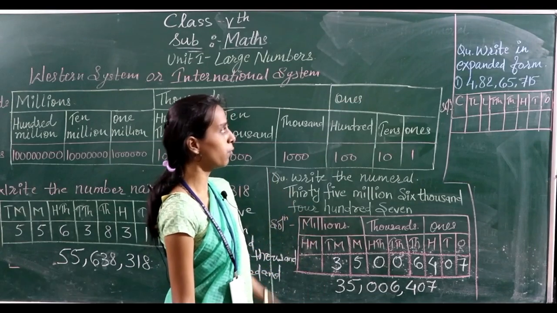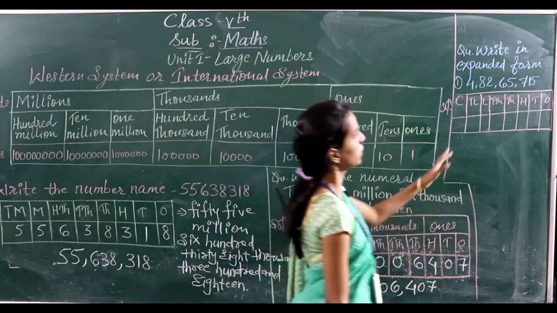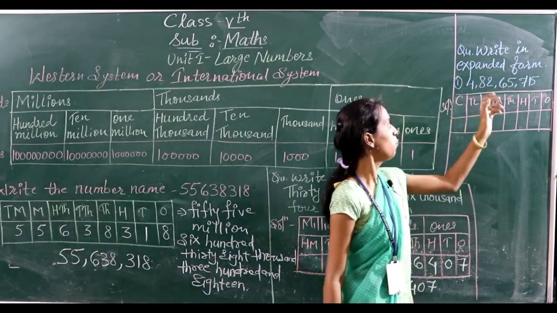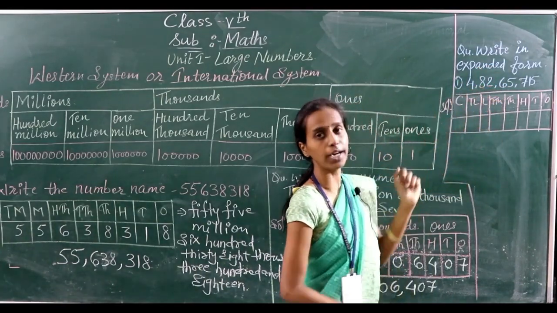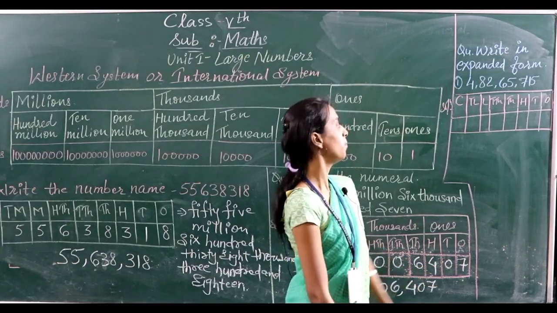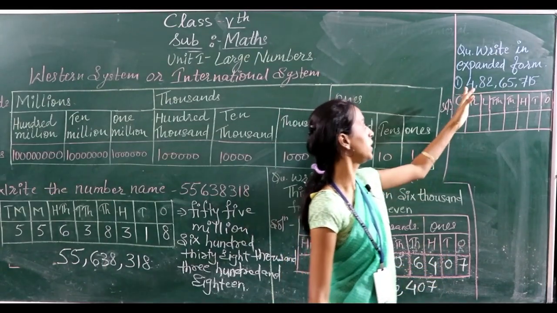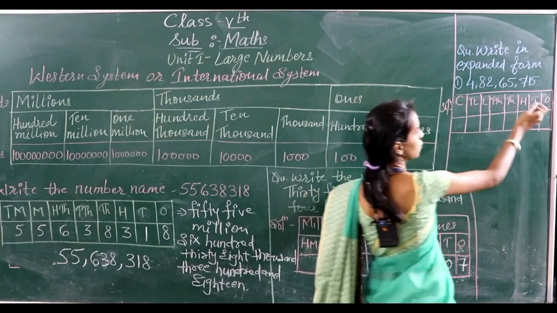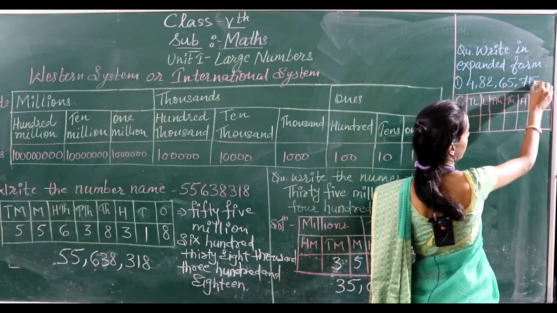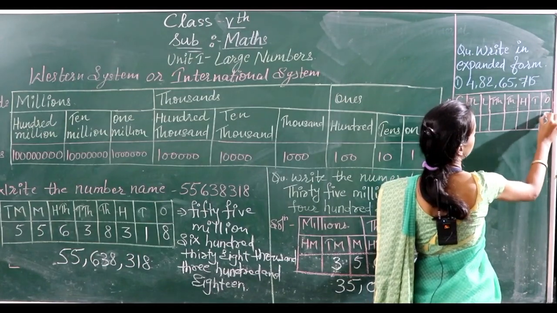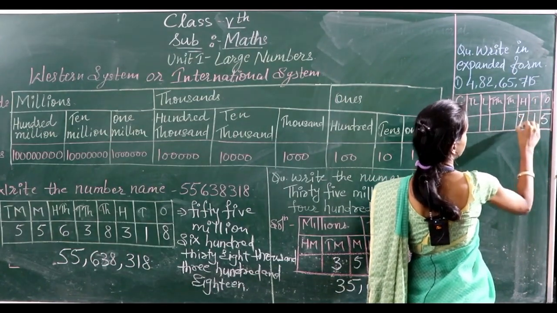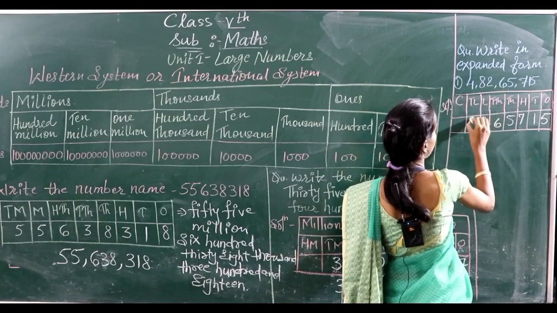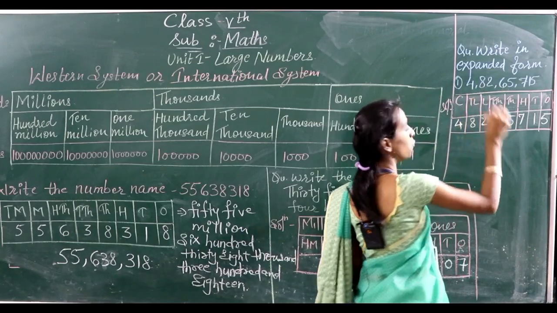This is our second type of question, and the third type of question which we get is write in expanded form. You have given one number and you have to write it down in the expanded form. So first of all, the number which we get, we will put it in the Indian system of numeration and then we will write. So I have told you how to write it from the right hand side. So it will be 5, 1, 7, 5, 6, 2, 8 and 4.